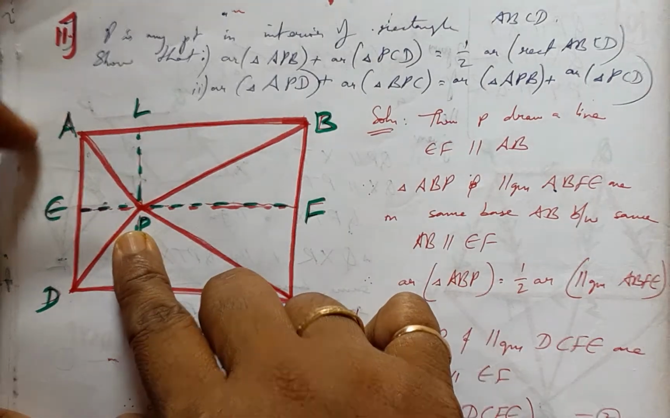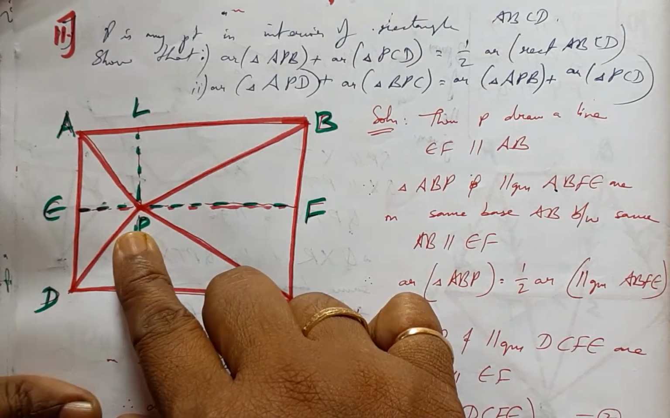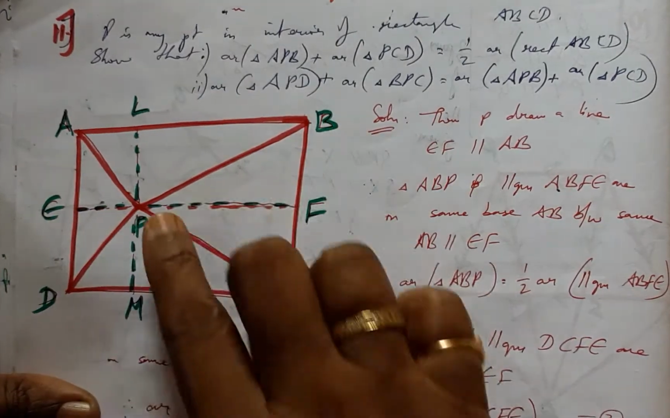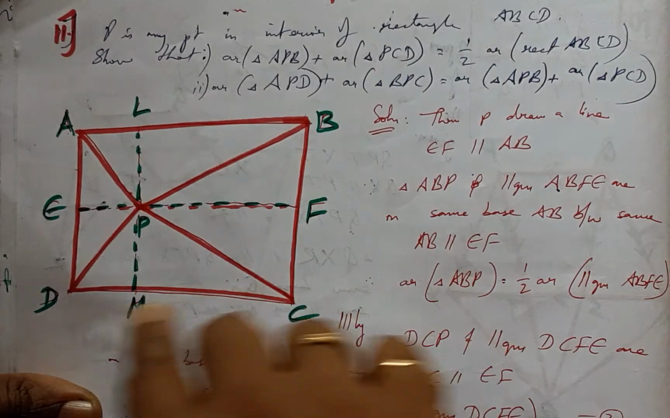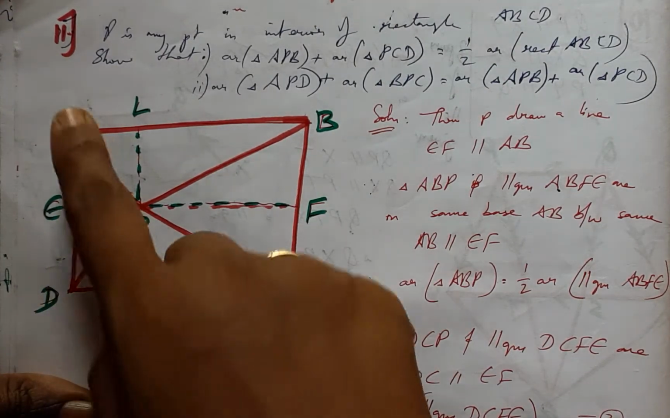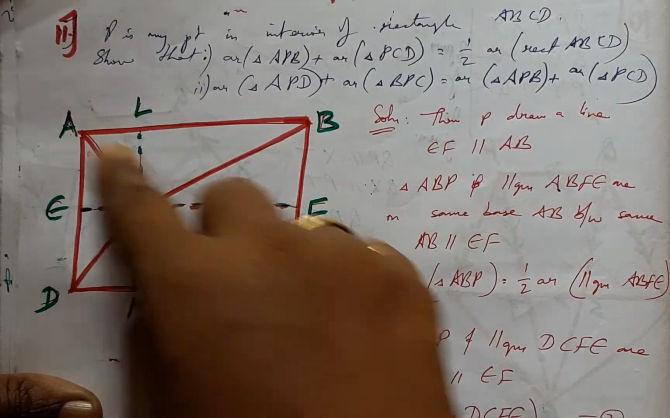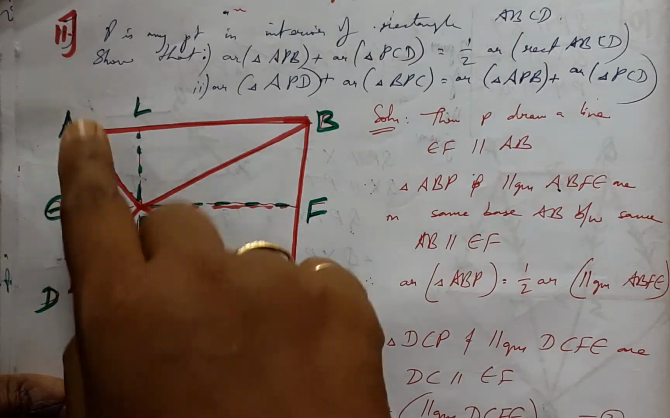Now question 11 says P is any point, not the midpoint, not anything else. It is just in the interior of ABCD, a point in the interior of the rectangle ABCD. We are supposed to show that the sum of the area of this triangle and this triangle is half of the